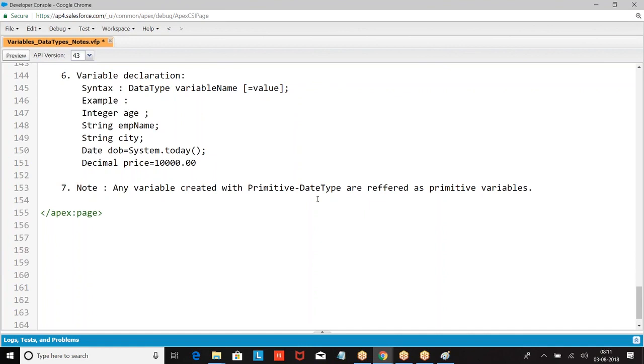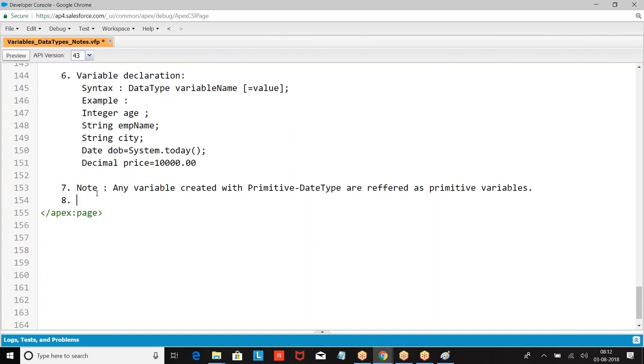Now we had reference variables. What are those reference variables? They will not store data. They will store the reference to the location where the data is. Reference variables will not store the data.